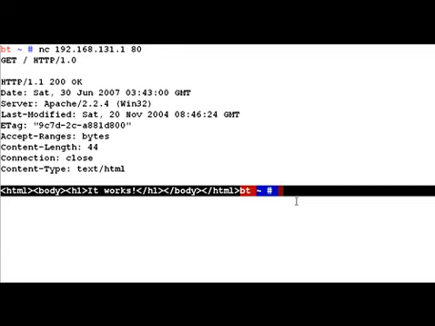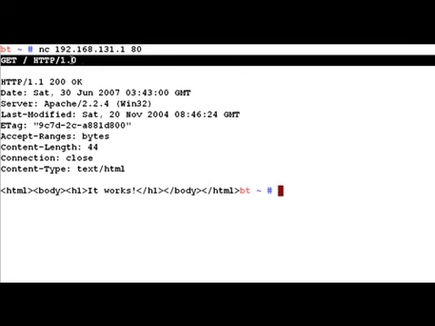So let's quickly try and make this procedure automated. We would not want to connect every time and issue some sort of application specific request using Netcat. Maybe we can automate things. The way we can do that is by using pipes. So let's go ahead, create our string, and then pipe it to Netcat.